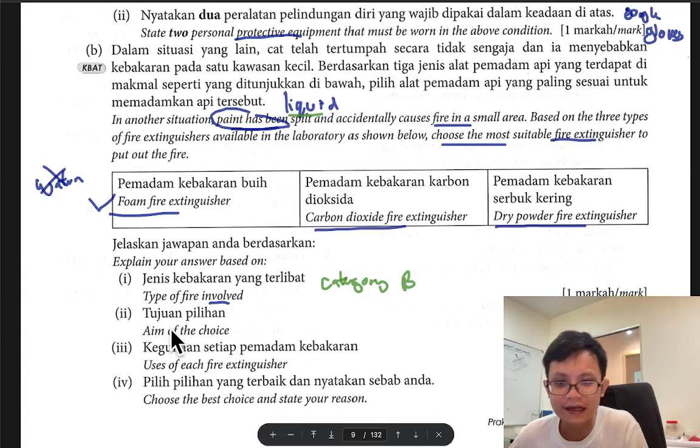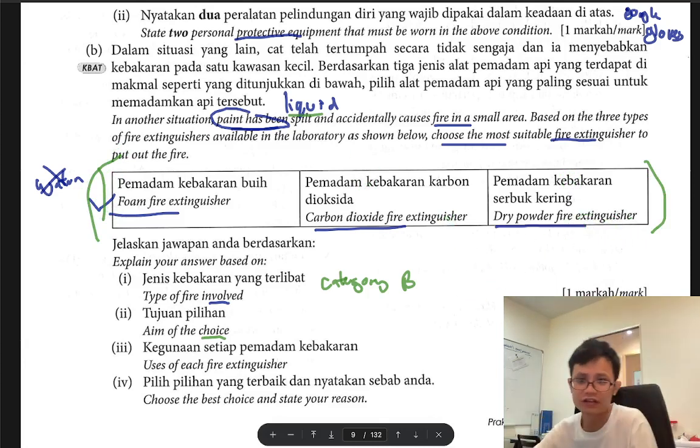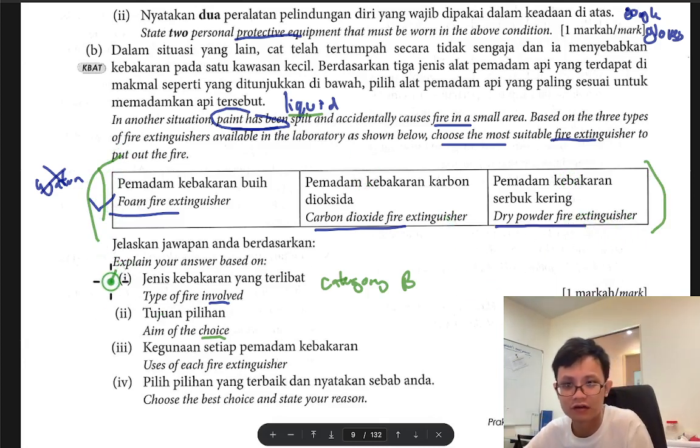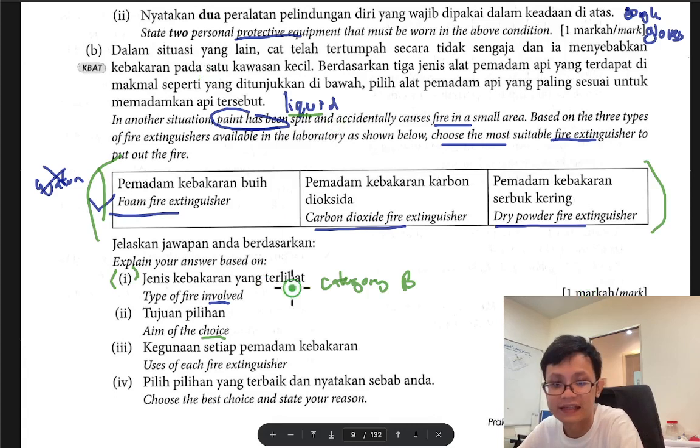Okay, so actually this here says aim of the choice. So we need to know what choice they are talking about. Is it these three choices, or the fire extinguisher choice, or the choice I chose in question 1? I think they are talking about the choice of using these three fire extinguishers. So we can say that